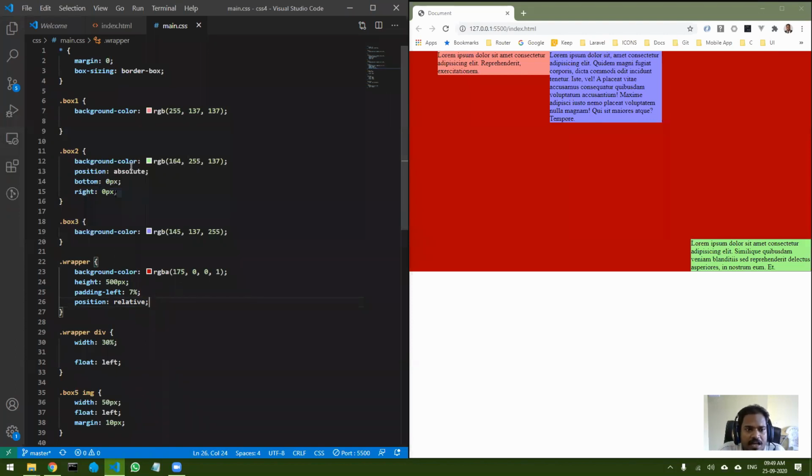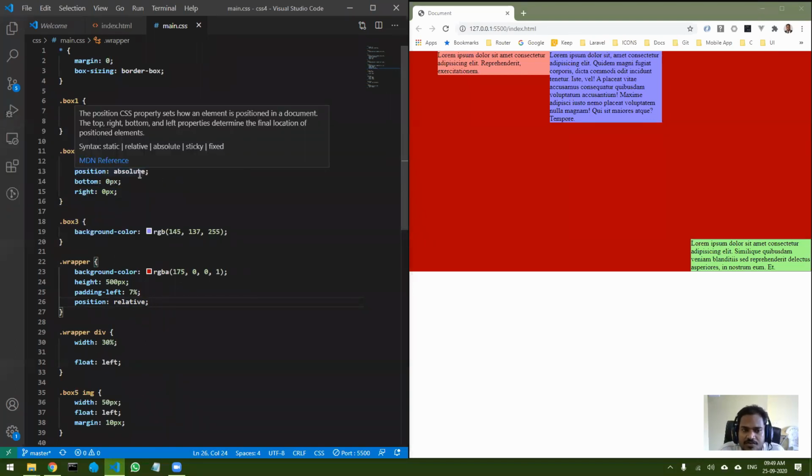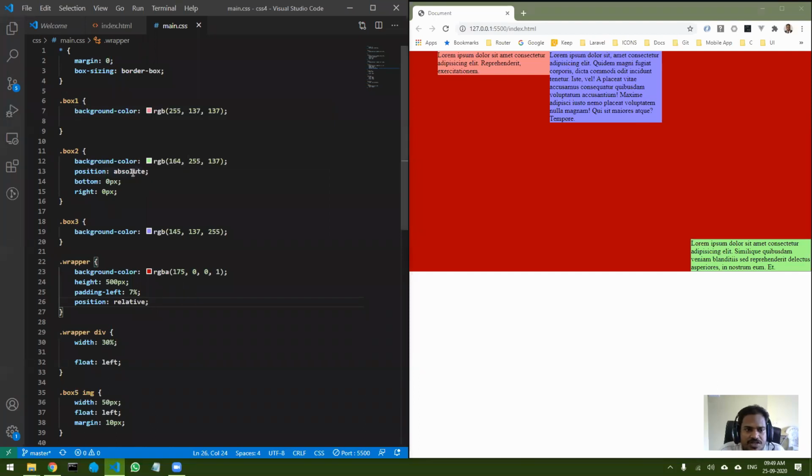Now the next one that I would like to show you is position fixed. We have seen position relative, we have seen position absolute, and now the next one is position fixed.